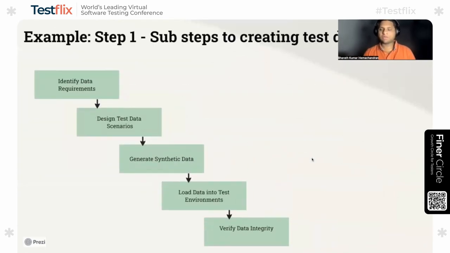So we talked about creating synthetic data or creating test data as a potential use case to solve this particular problem. The first step, as I mentioned, is to break down the process of collecting data into multiple steps. And as you know, the first thing that you really need to understand is that creating test data is not a binary action.